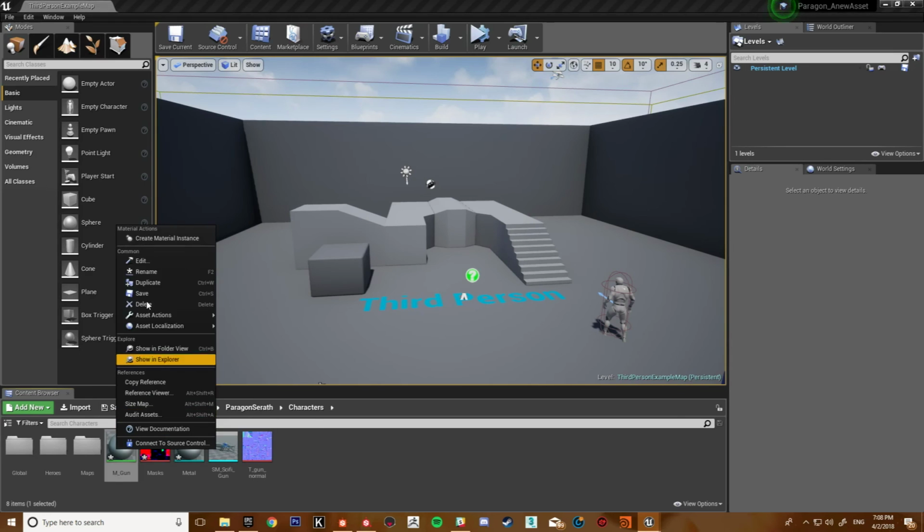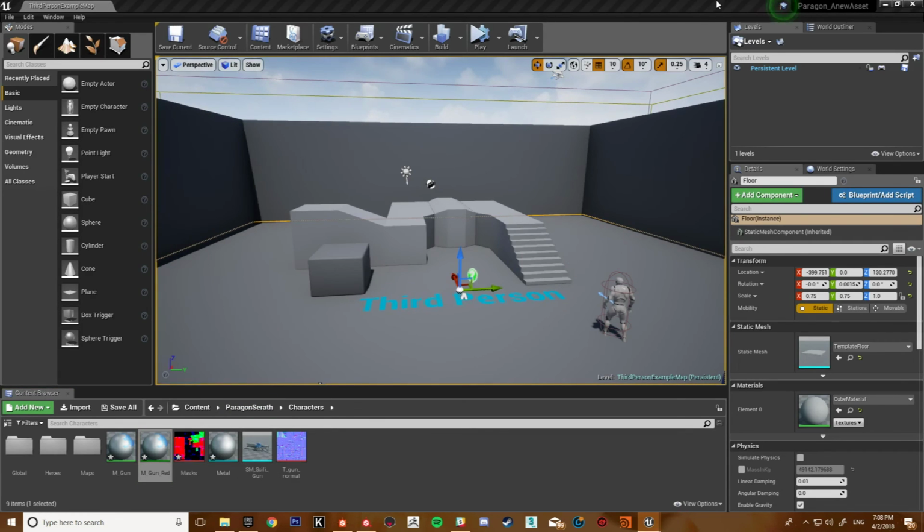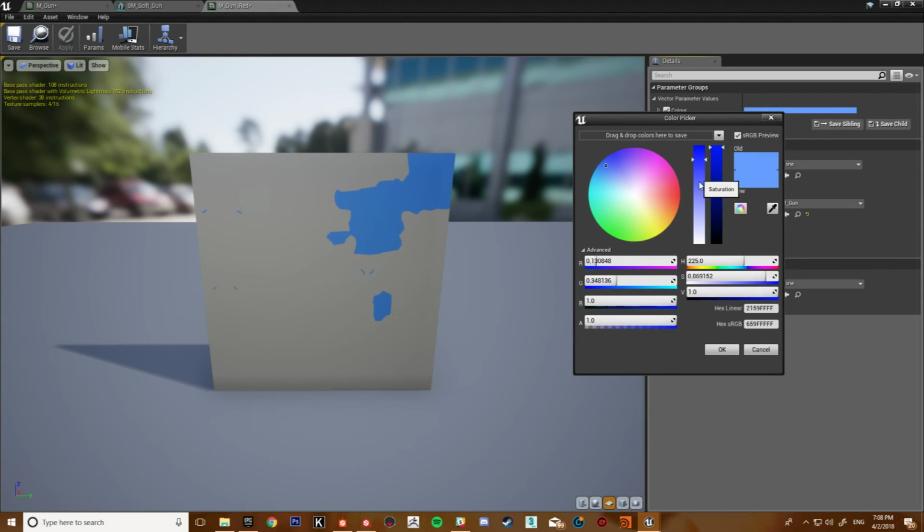So I can get my material, as you would, create a material instance, call it red. On the instance here, just change that to, wow, I've not used this before, but that's pretty cool. We've got some save sibling, save child stuff.